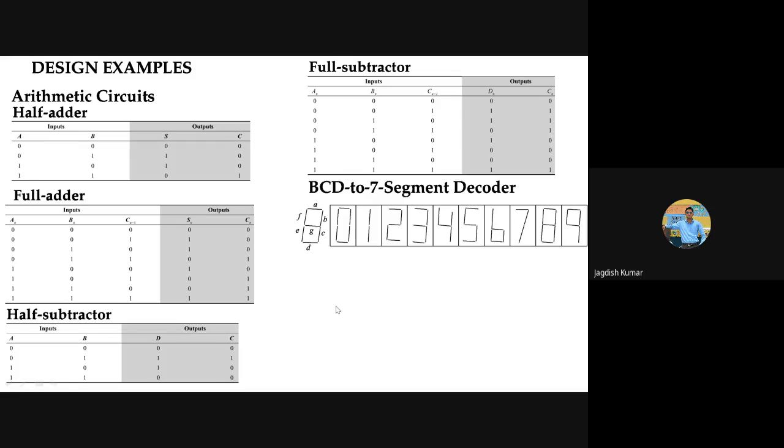Similarly, 0011 is what? 3, and so on. Then you represent all the numbers up to 9. For 10, we don't use the combinations of that 4-bit system for higher values. We only go up to 9. That coding is called binary coded decimal. Now, how should we display any binary coded decimal number in a 7-segment